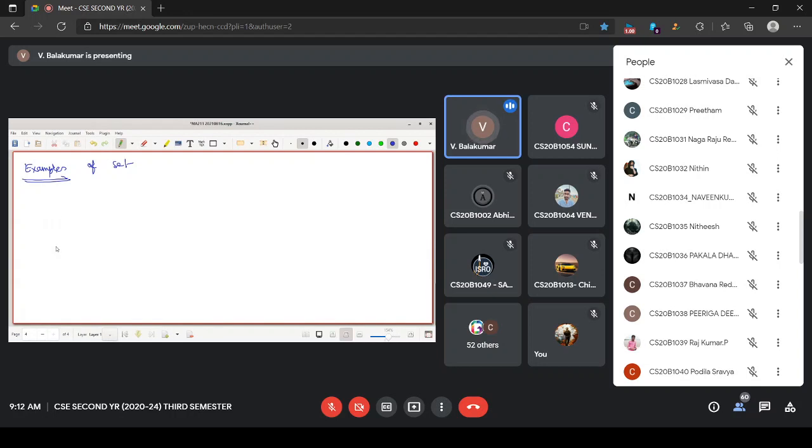Various examples I want to write, I shall use capital letters. Let me write down the set of prime numbers less than 100. This is one set. Why do I say that? If you give me a number, I can decide whether your number belongs to the set A or not.